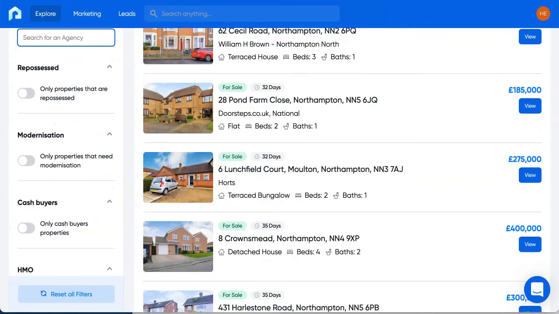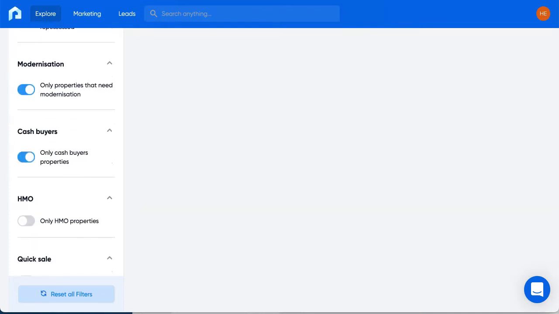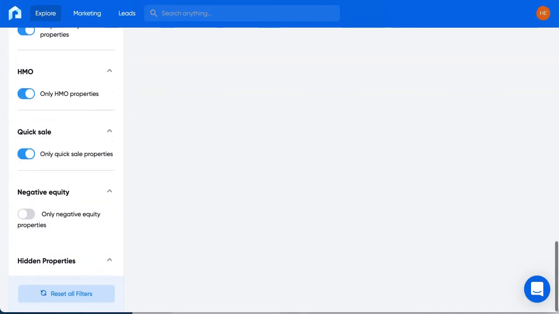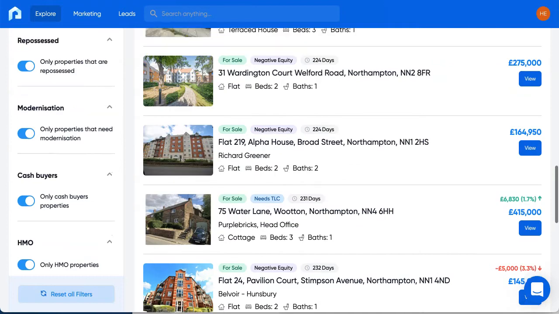All of these filters are preset, and you can simply click on them, and as they slide across and turn blue, that means now they have been activated, and Pivro will now filter your current listings to show any of